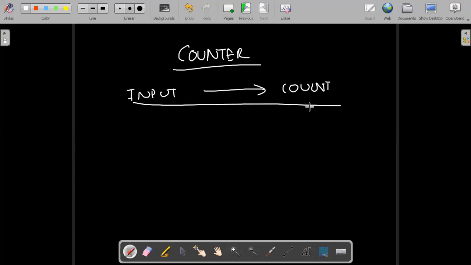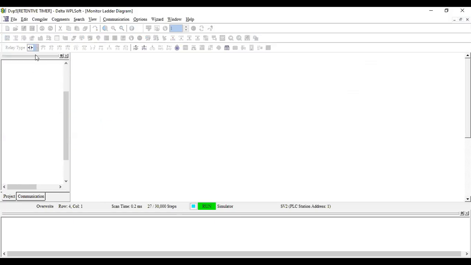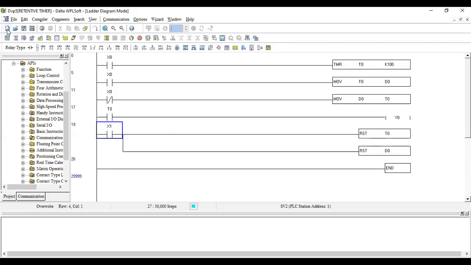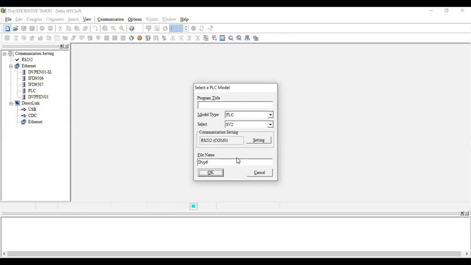Fine. So you actually have two types of counters. Basically, it's your up counter and you have a down counter. We have an up as well as a down counter. We'll see how to use a basic counter, and we'll see some typical examples where we can use a counter. Let's just stop this simulation. I'm going to open a new project so we can design a simple counter.